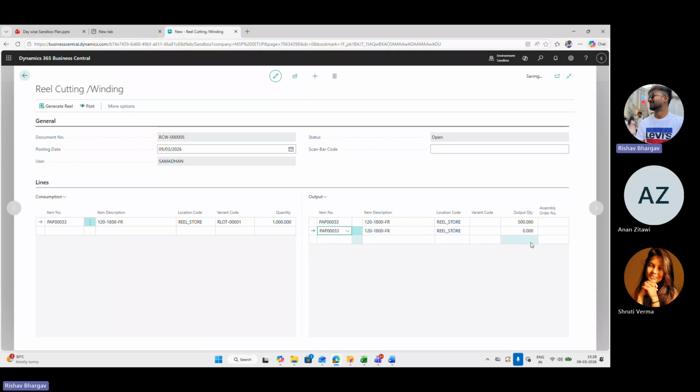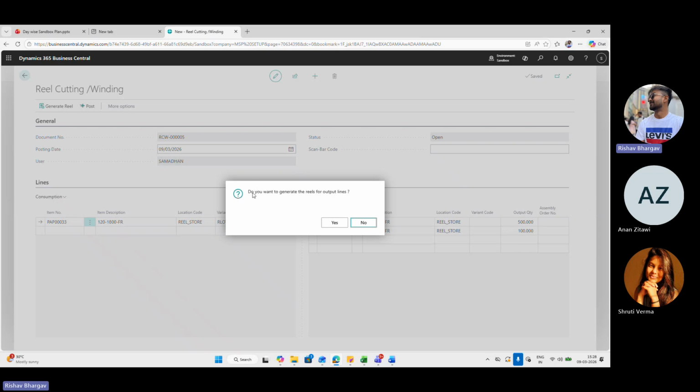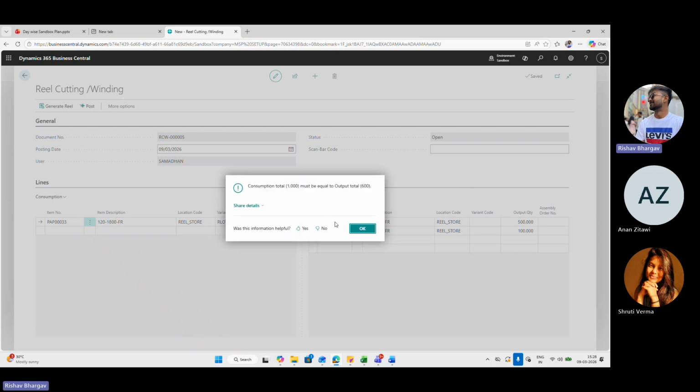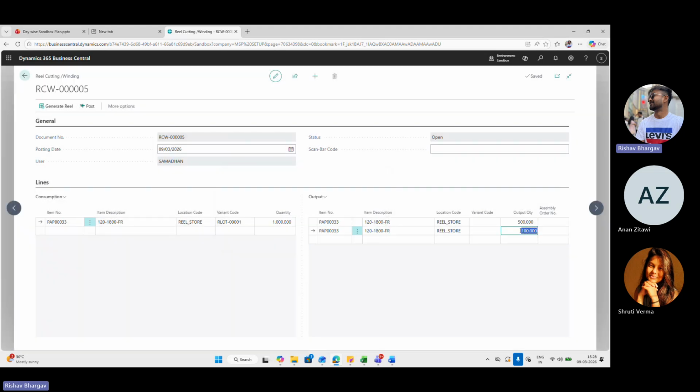If I enter 100, I want to consume 1000 quantity to make 600, it will stop us from generating a reel output. So the consumption quantity of 1000 must be equal to the output quantity. So here also we have to make 500.